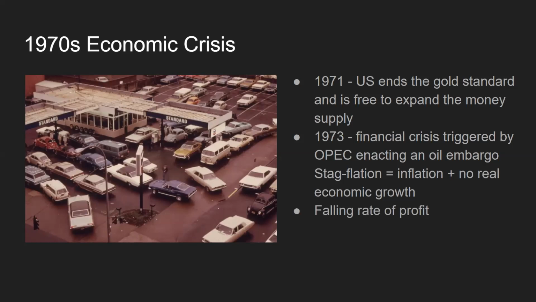Another concept that I probably just don't have time to really go into and discuss too much is the falling rate of profit. Marx himself came up with it, but basically the idea is that capitalism makes money, but the amount of profit you can make has this natural tendency to go down a little bit over time, or a lot over time. And so in order to make more profits, or to continue to make the same profits that you did before, you have to continue to either conquer new territory or conquer new markets, or sort of